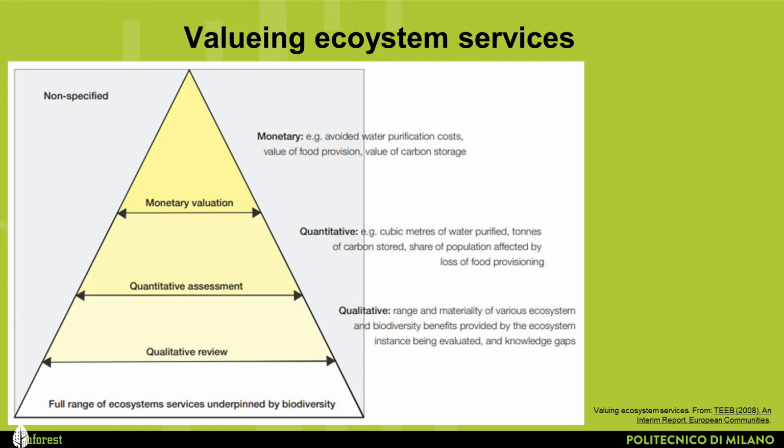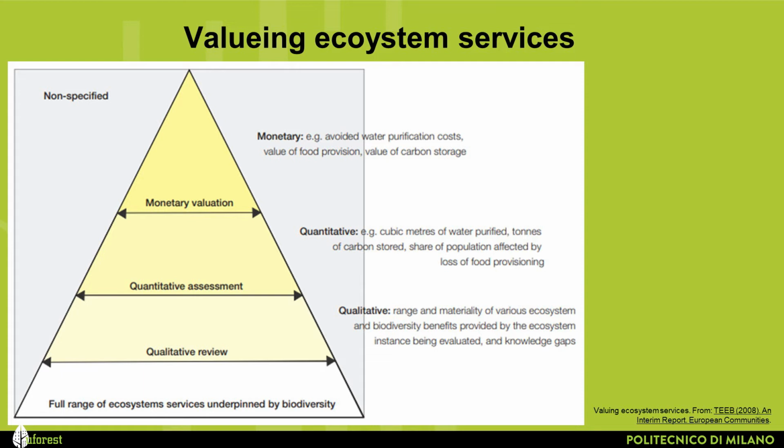All ecosystem services can be assessed in the qualitative way, the bottom part of the pyramid. This includes the relative importance of all ecosystem services against each other, as expressed for instance by stakeholders or experts. In the next level, ecosystem services can be quantified. For example, the amount of visitors to an urban forest or the amount of carbon stored in the street trees of a city. Another example is the temperature decrease caused by urban trees. We need good models and good measurements to be able to provide these assessments. This is possible for a lot, but not for all ecosystem services.